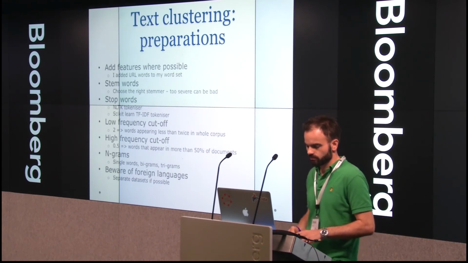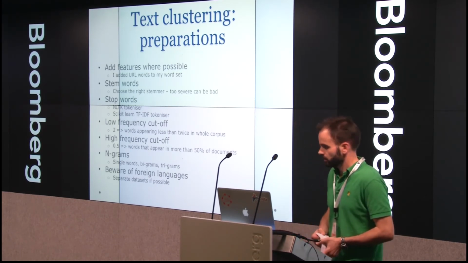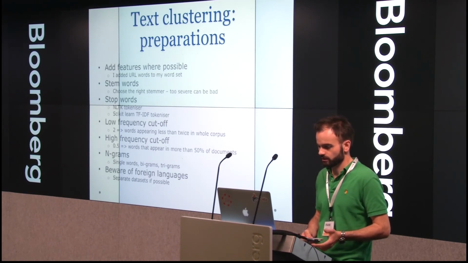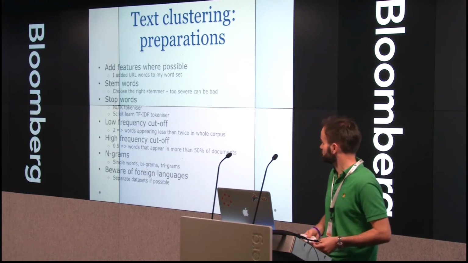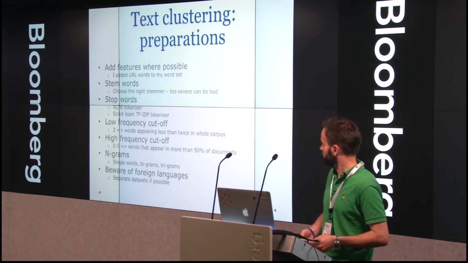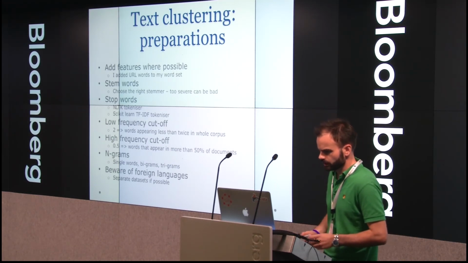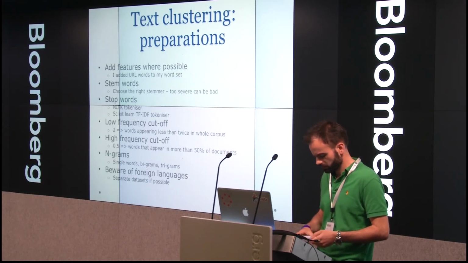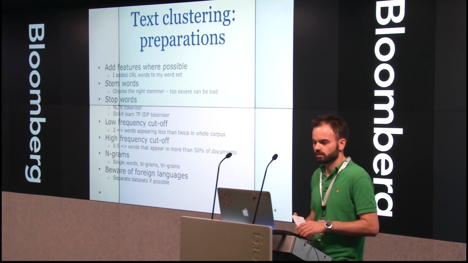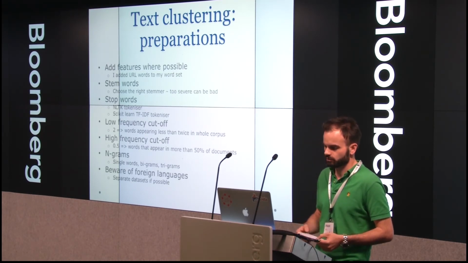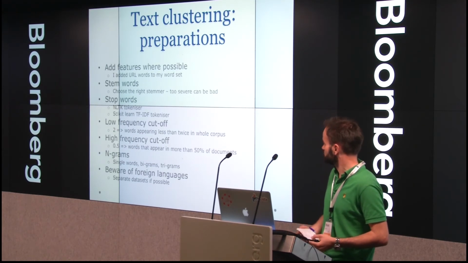Some advice on prepping your text. Like I said, add some features. Also, stemming words can be a great idea, because some words are very similar, but they might have an apostrophe or different ending. But I would be careful choosing your stemmer, because there are some that are quite severe. Within NLTK, there's one called snowball stemmer, which takes plurals into account and things like that. So it's a little bit less harsh. It still gives you what you want.